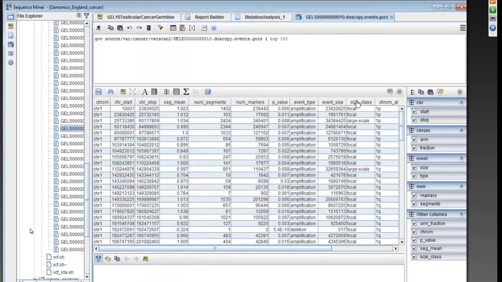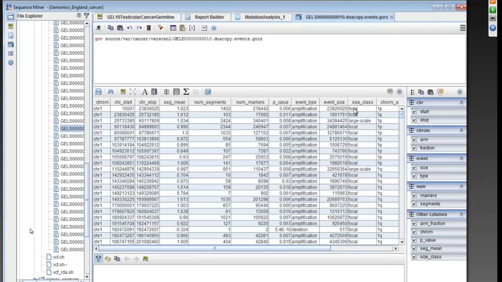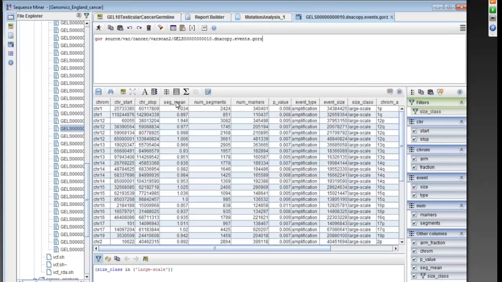Okay, this is giving us a large number of variants. Let's remove the limitation here so we're seeing all the events, and click on Execute to give us all of them. Now we just want to look at large-scale events. So under Size Class, we'll right-click on the column header, click on Filter on the column, and just look at the large-scale event. Now we'll sort this by